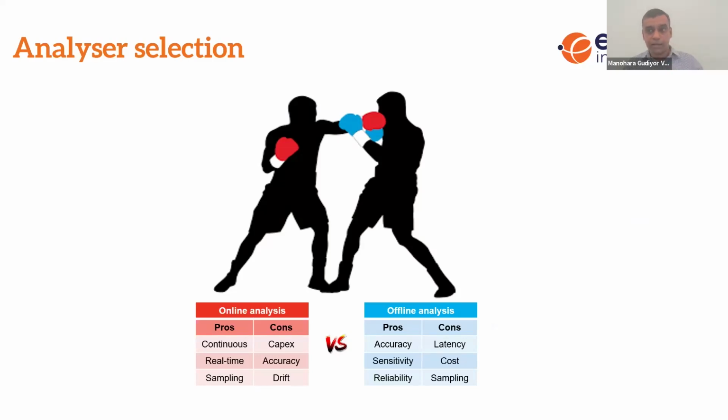If you talk about online and offline analysis, when it comes to CO2, we are talking only about online measurements. But it's very, very important to validate those online measurements in a periodic manner with offline analysis as well. Without doing that, we will not be in a position to accurately say our online measurements are accurate. As listed in the slide, they have both advantages and disadvantages, but I won't go into detail. One technology is not better than the other; it's a decision we need to make based on the need and on what parameters we're operating.